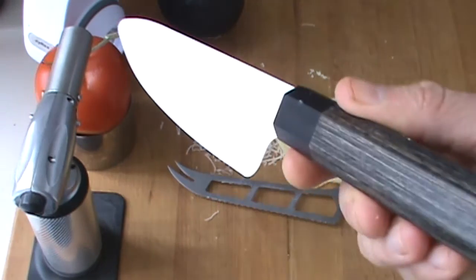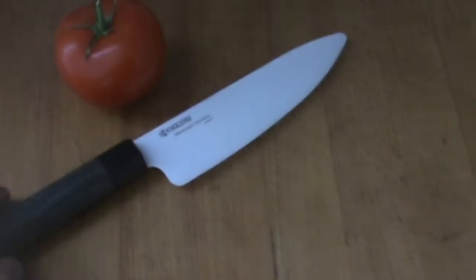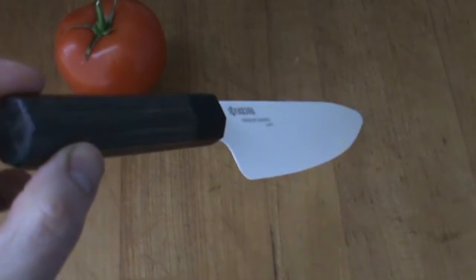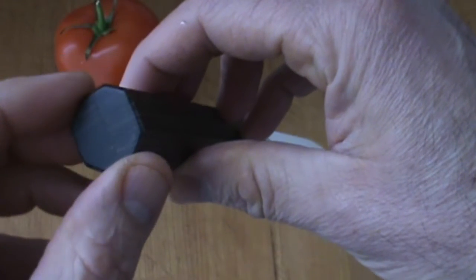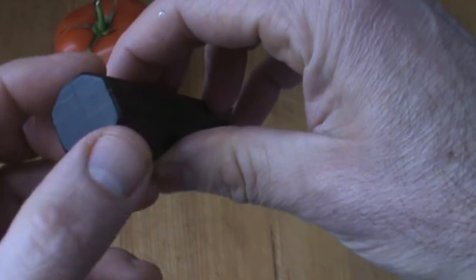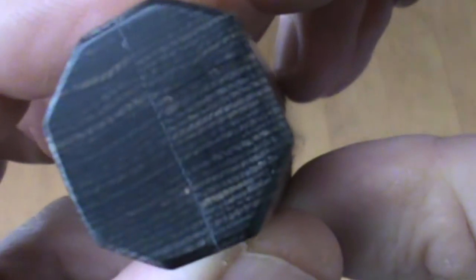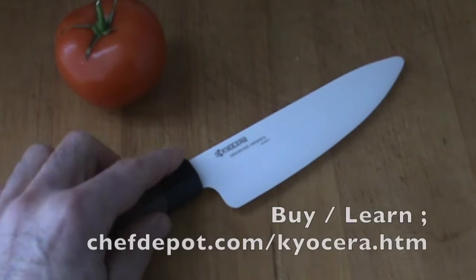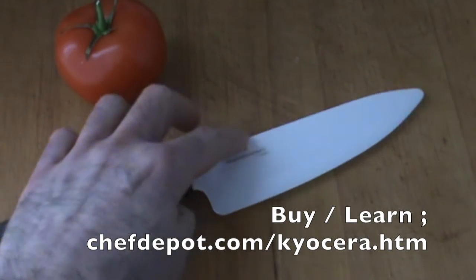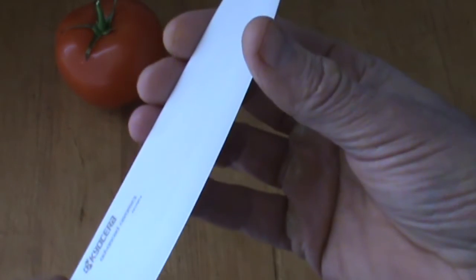I'll be sporting this knife again. You will see this knife in a couple of the videos. It's got some unique features. First one is the Packawood octagon shaped handle. Pretty cool, huh? It's a layered Packawood that's super strong. And the knife, of course, is super sharp. The knife is made in Japan. The blade is very special